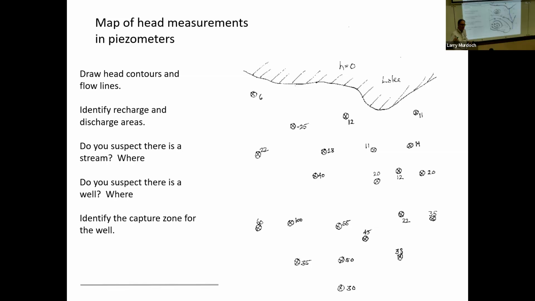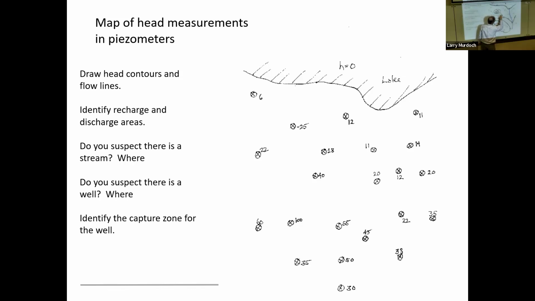Each location gets one flow line. So I'm going to start with the location here, and I'm going to say, okay, there's recharge that goes into the aquifer there, and then flow has got to be perpendicular to the head contours. So what I'm doing is drawing this line in, and when I cross the contour, it's